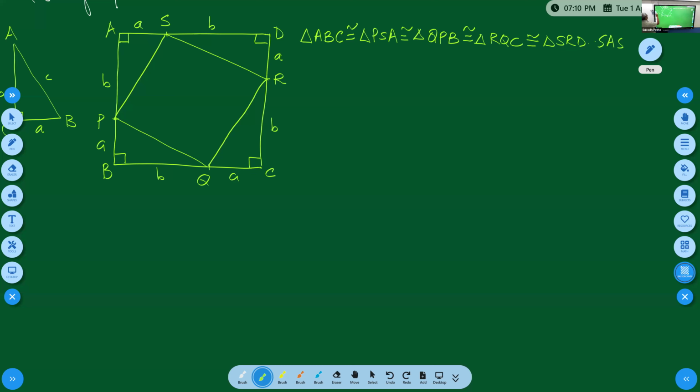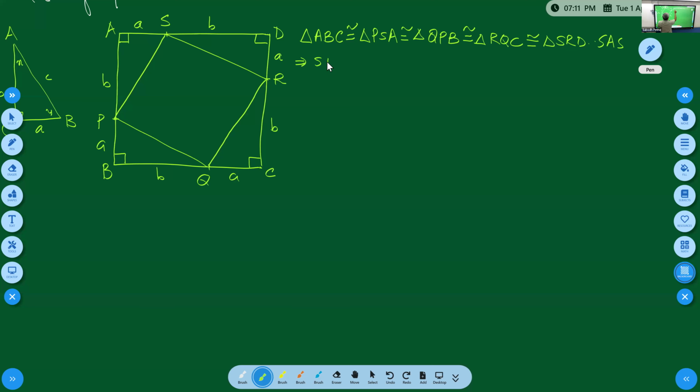For convenience, let us call this angle X, this angle Y, and this is 90. So let us write sides. If this statement is true, it will imply